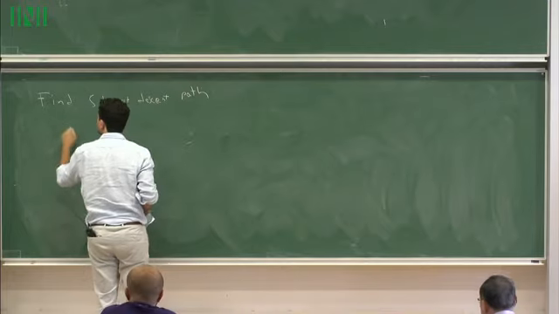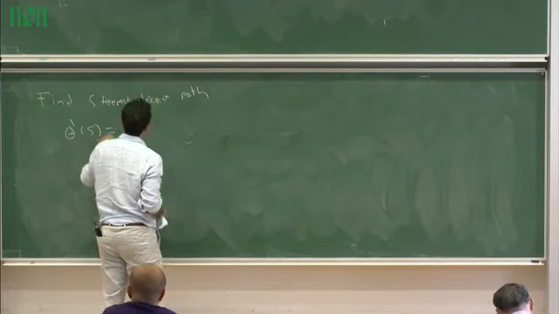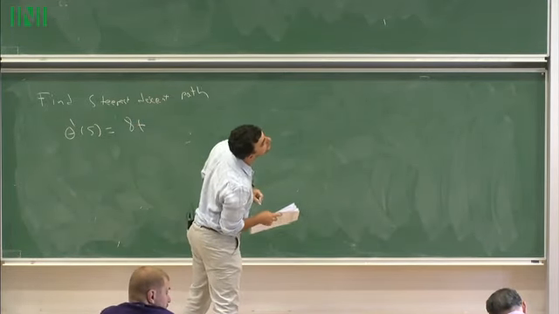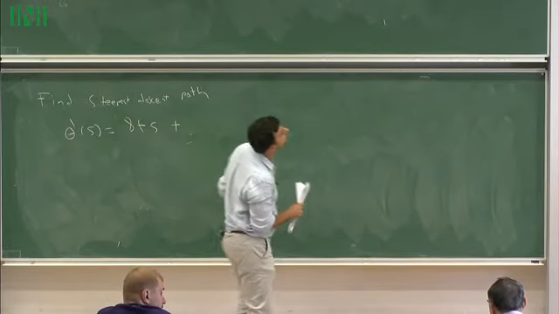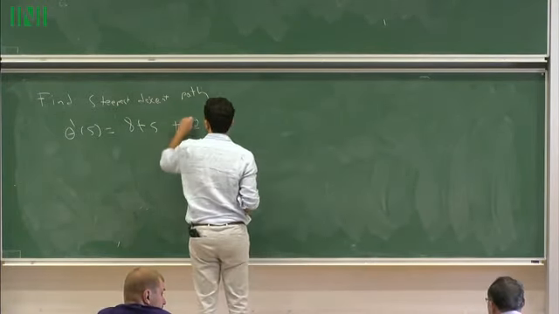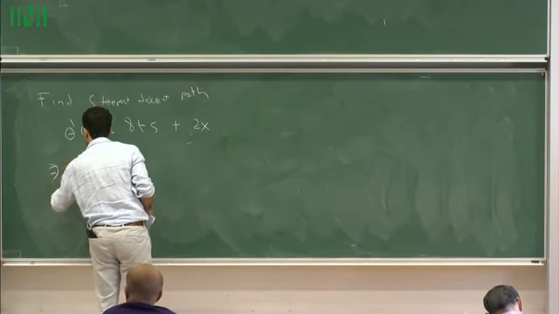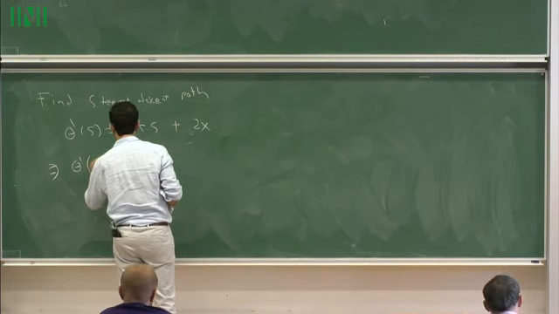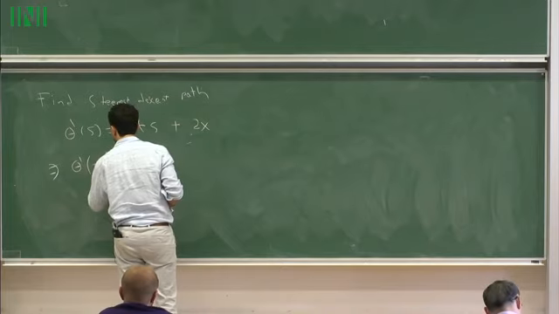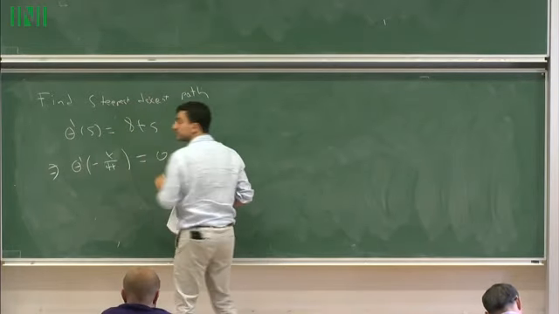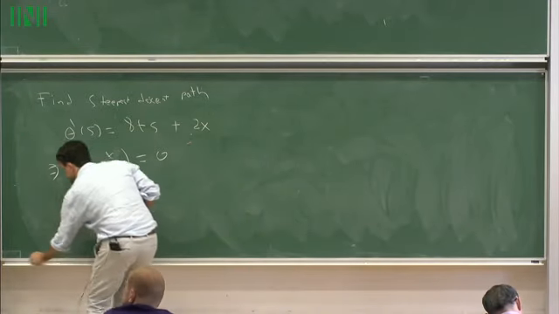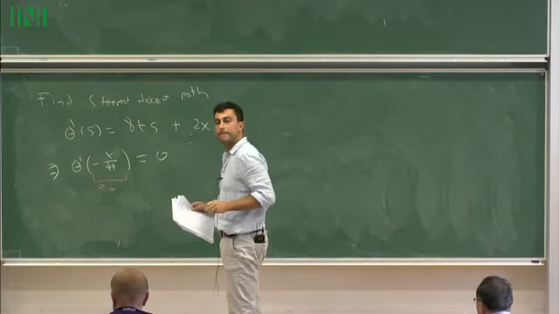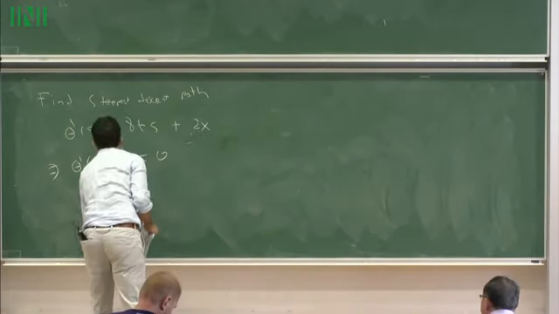So in this case, it's just theta prime of S is whatever it is, ATS plus 2x implies theta prime at, I guess, minus x over 4t is equal to 0. Okay, so let's call this... okay. So now